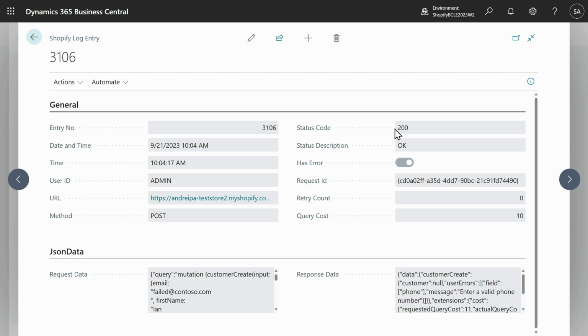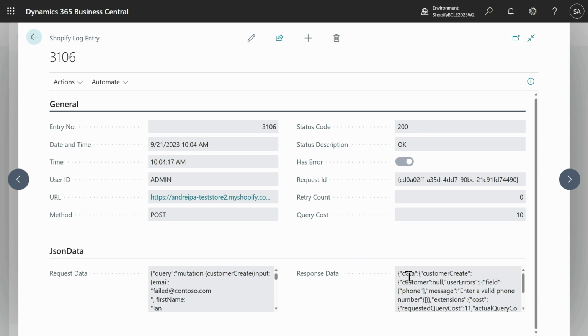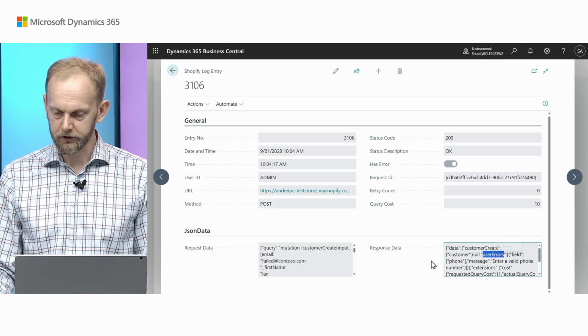But if the status code is 200, then the issue is with something else. Let's explore the response. Many responses contain a section which is called user error. It means that when we try to submit some data to Shopify as users, something didn't work very well.